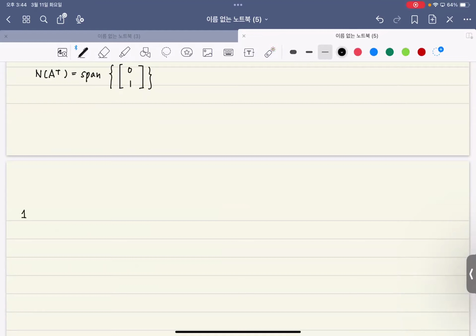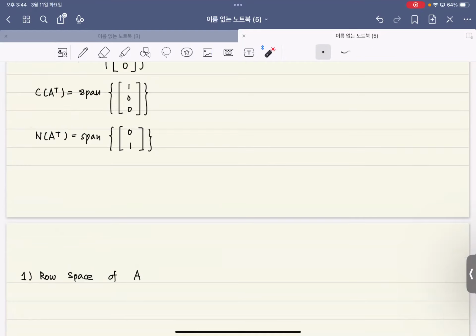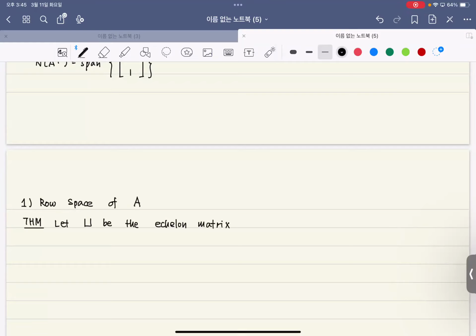First things first, the row space of A. Let me try to talk about the row space and the left null space. First, the row space. To discuss the dimension of the row space, I will try to explain this theorem first. I have an echelon matrix U. U is the echelon matrix of A. Then